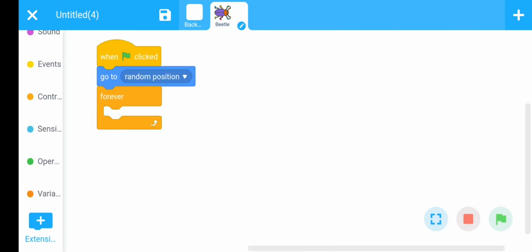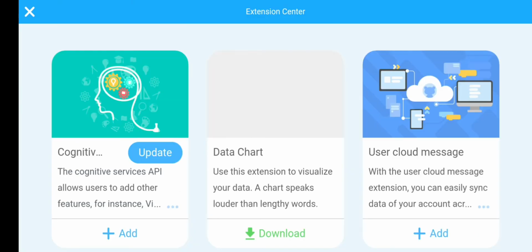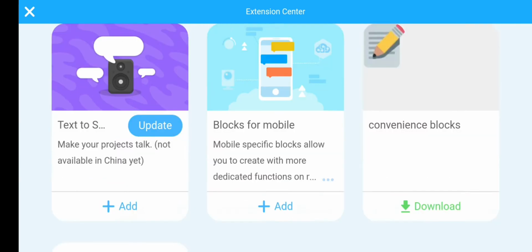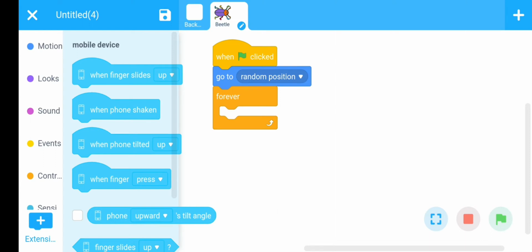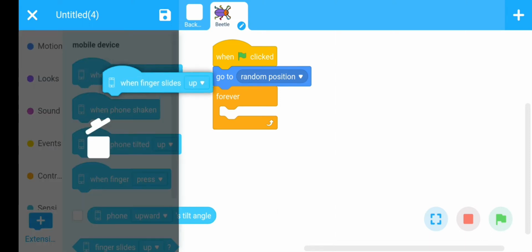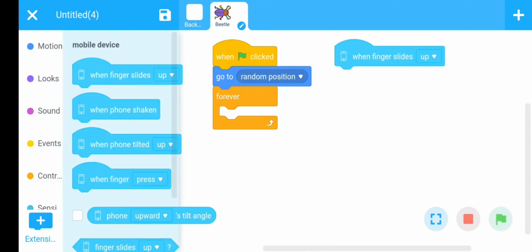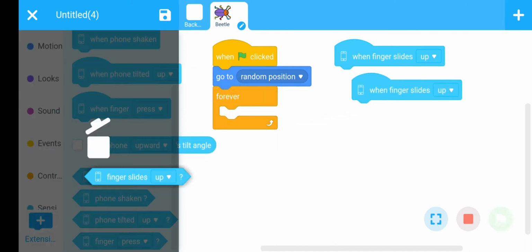For this, first we go to extension, add blocks for mobile, this one, add this. Now use this command, finger slide up, and there is a condition, finger slide up.